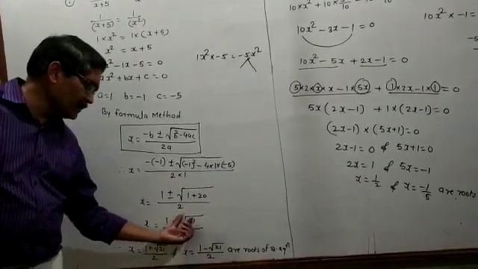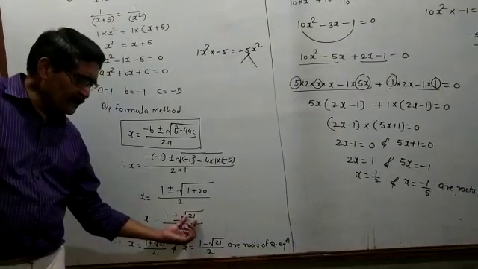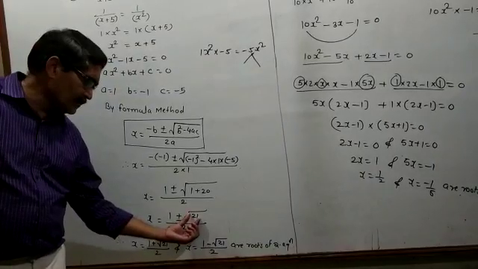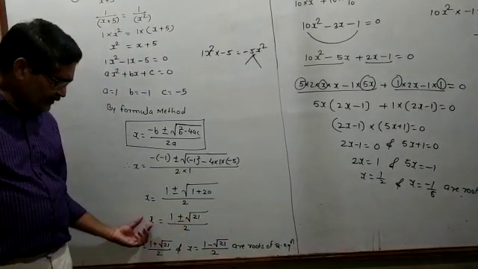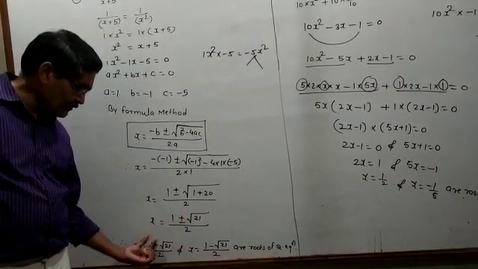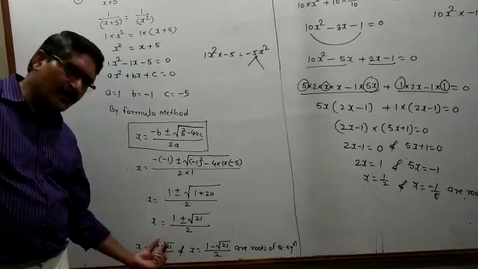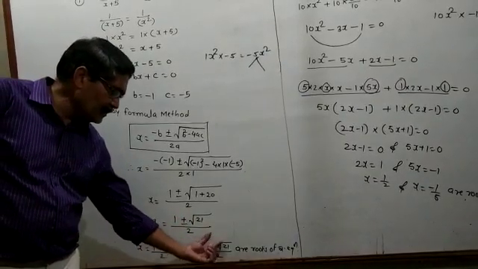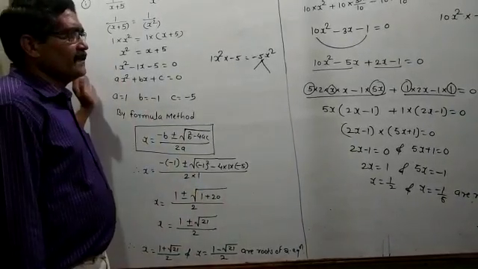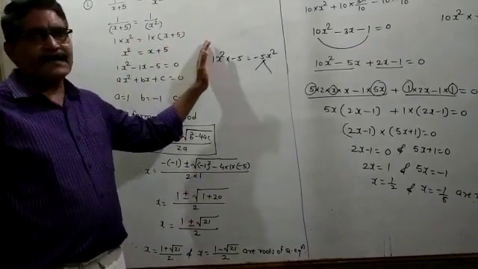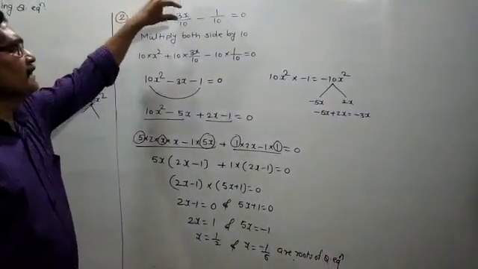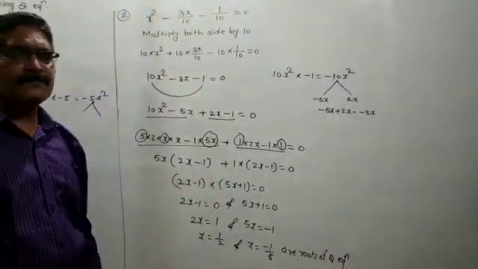Then 1 plus or minus square root of 21 upon 2. This will not come outside because this is not the perfect square of any number. So I will say that x is equal to, one root will be plus and another root will be minus. So x is equal to 1 plus square root of 21 upon 2, and another root is x is equal to 1 minus square root of 21 upon 2. Everybody understand? By the formula method you have to solve this example. It is not possible to find by the factorization method. So you have to start with the next question. X square minus 3x upon 10 minus 1 upon 10 is equal to 0.